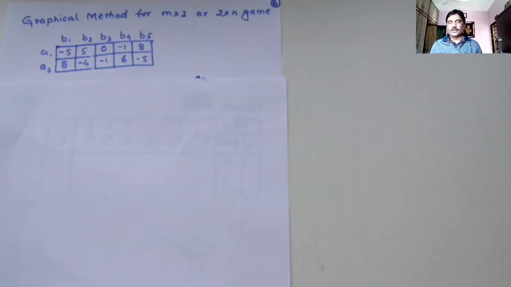But there was some problem in the method of subgames. What was the problem? If the number of courses of action available to the other player goes on increasing, the number of subgames to be solved also goes on increasing drastically. And after solving those many subgames, what is to be done? You have to select one subgame according to which the player has to make the choice.